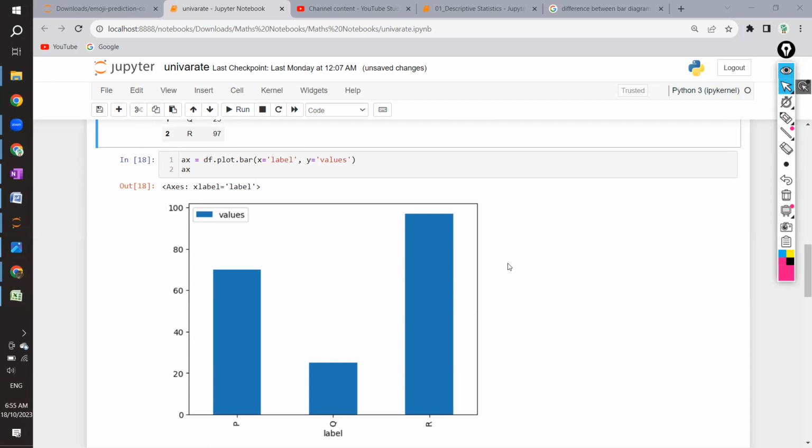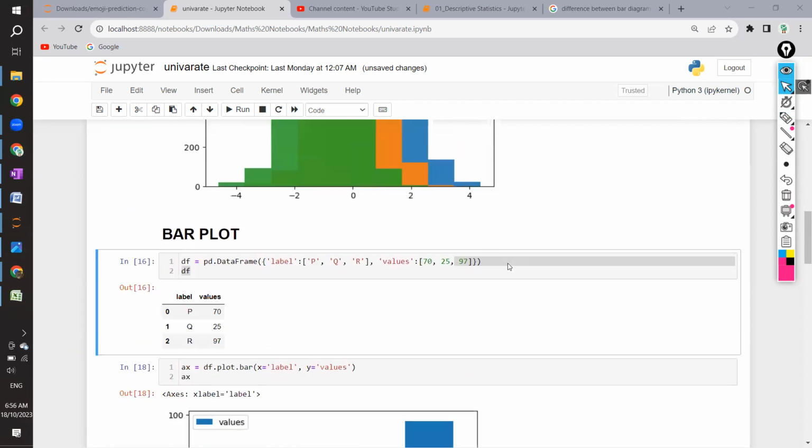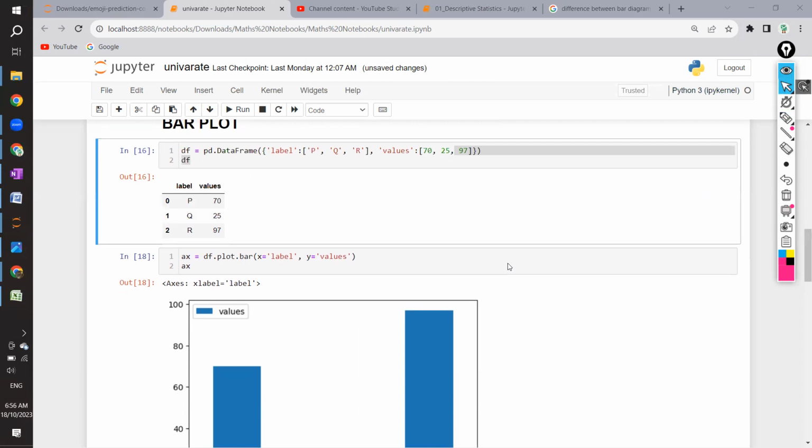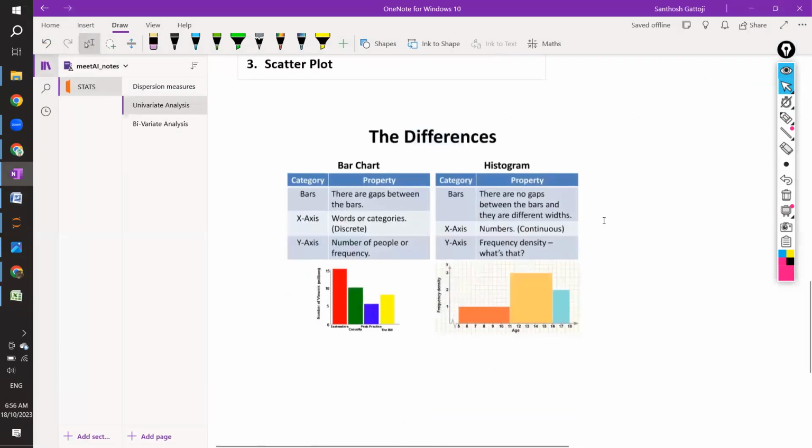Now you should be getting what is the fundamental difference between a histogram and a bar plot. It might look the same, and initially it might be a bit confusing, but there are a few fundamental differences which you should know, guys. This could be an interview question; mostly they'll ask. See over here, if you observe a bar chart and a histogram,